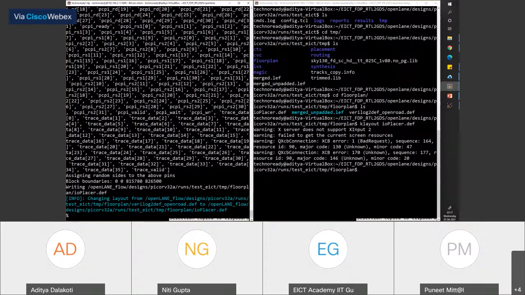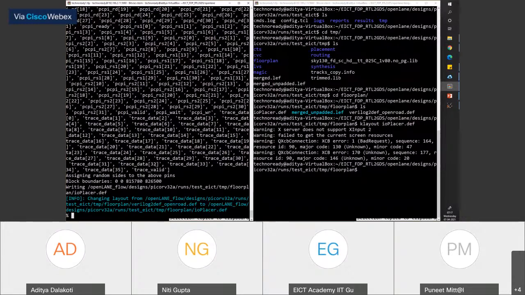Please note that we have not yet covered the sizing and the floor plan ratio, the aspect ratio versus the utilization. I want to cover all of that together using the placement density. So when we talk next about placement density, we'll relate it from that perspective.